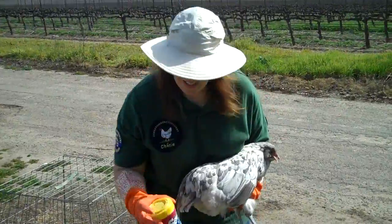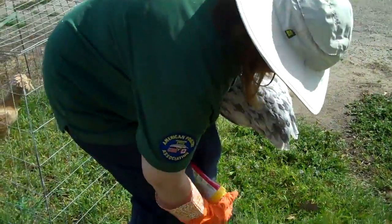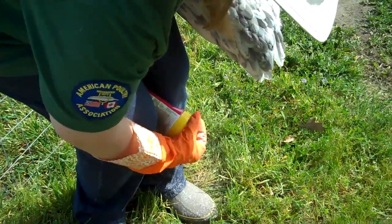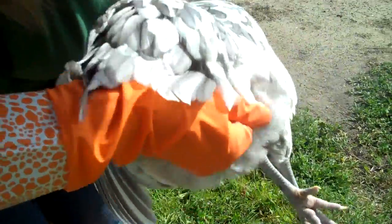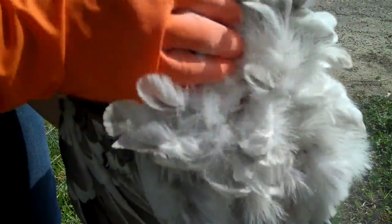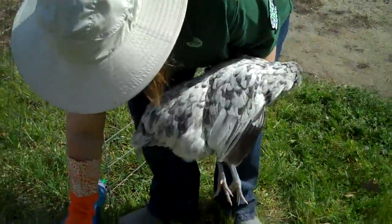So for the 7 Dust, I'll actually use gloves, of course. And I'll get a great big, as much as I can, probably a couple tablespoons at least. And what I'll do is I'll actually dust the bird right where I see the bugs. So I'm getting in there with my fingers, I'm making sure that I'm downwind so I'm not breathing it. And I'm just going to get it in there as much as I can. Then I'm going to go ahead and put the bird down